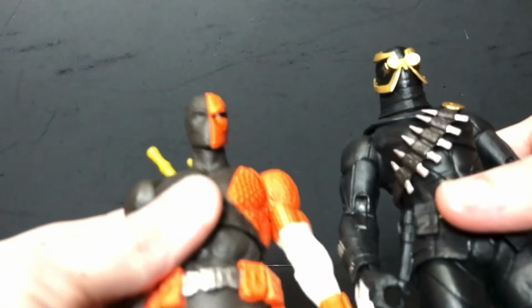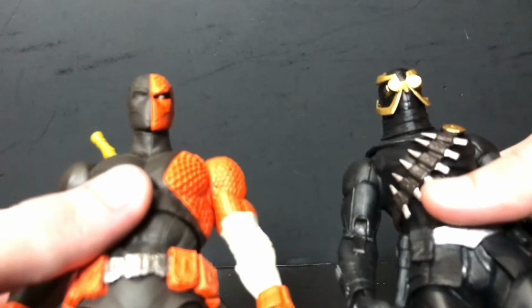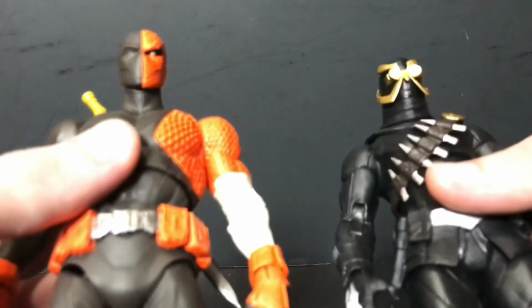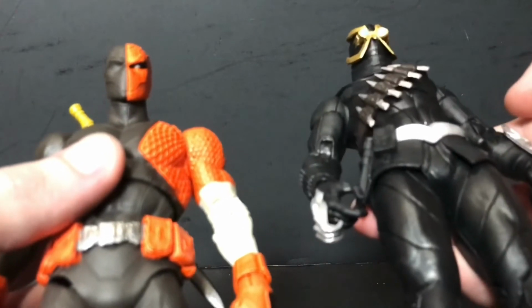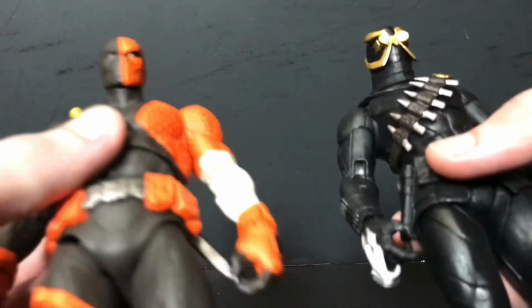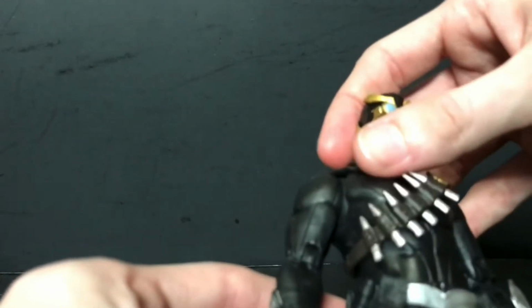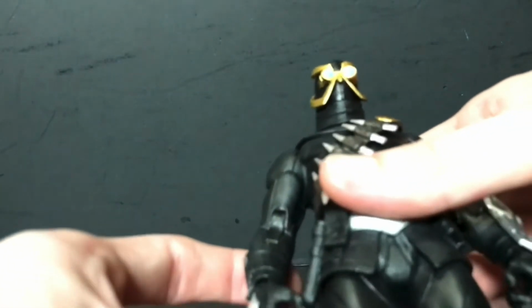The anatomy on Talon's pretty good. It's kind of throwing me off with the mask and stuff, because of the way it's shaped. But the chin-to-shoulder ratio seems good. He's got that V shape, albeit the belt throws it off, but his belt's a little bulkier than Slade's here. But for the most part, it seems alright. Maybe the shoulders could be a little higher, but I got them as high as I could, and it looks fine to me. That said, again, for those of you who give me shit about that,